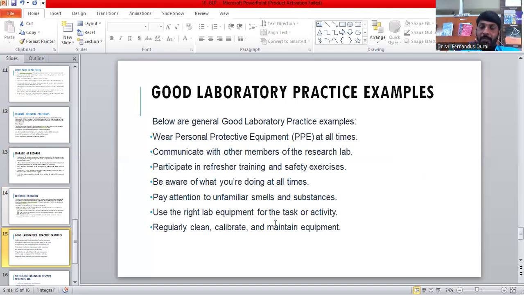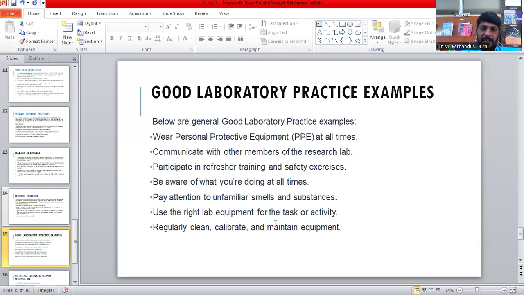The PPE we can remember during COVID, the public, office and clinical workers, nurses and doctors wore green color from head to foot. It's called PPE, the personal protective equipment. It's not only useful at that time, it's very useful at all times. And communicate with other members of the research lab,